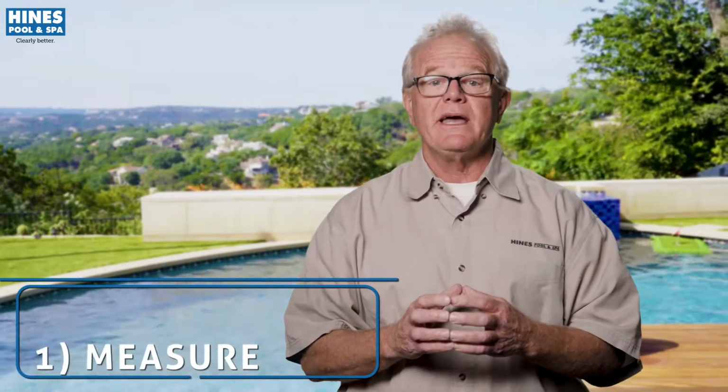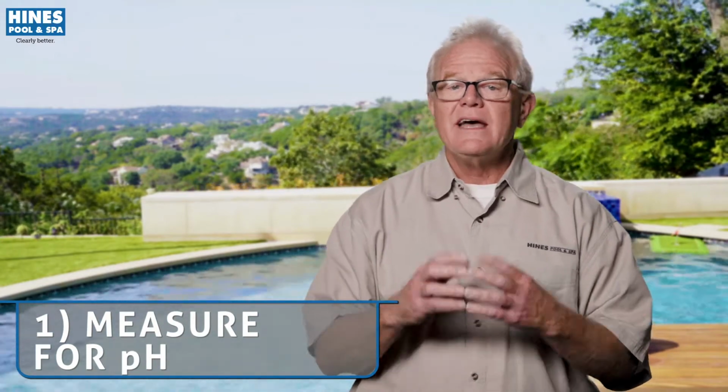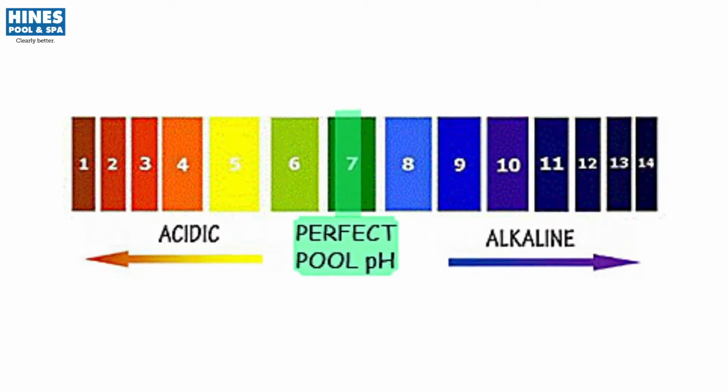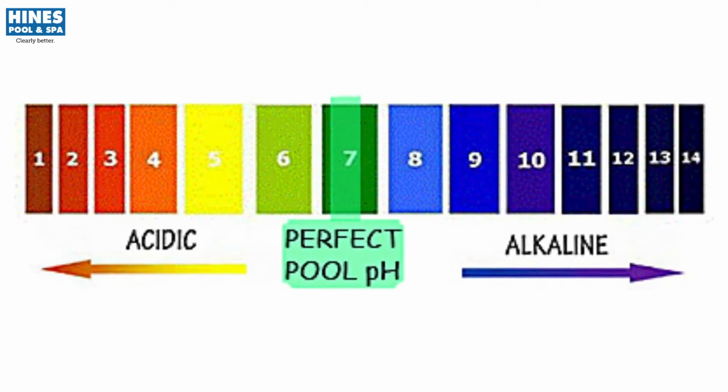First, we want to test for pH. pH is a measurement of how acidic or basic your pool water is, and one of the foundations of proper pool chemistry. pH has a range of 0 to 14, but for pool chemistry, we want to keep it between 7.2 and 7.6. Acidic water with low pH not only stings the eyes and nose, it also strips the body